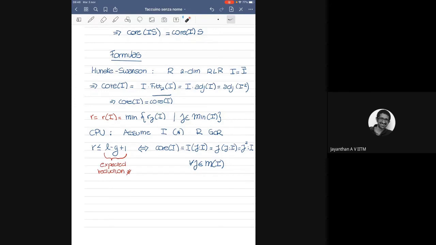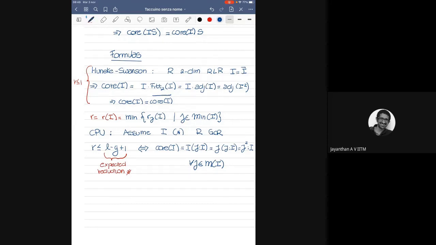And I also want to notice that in this case, this really recovers the Huneke-Swanson formula, because by work of Lipman and Teissier, in this case the reduction number is the expected one because it's less than or equal to 1. So indeed, this recovers that case. What we cannot recover is the fact that the core is the adjoint, and it will not be in general. Now,